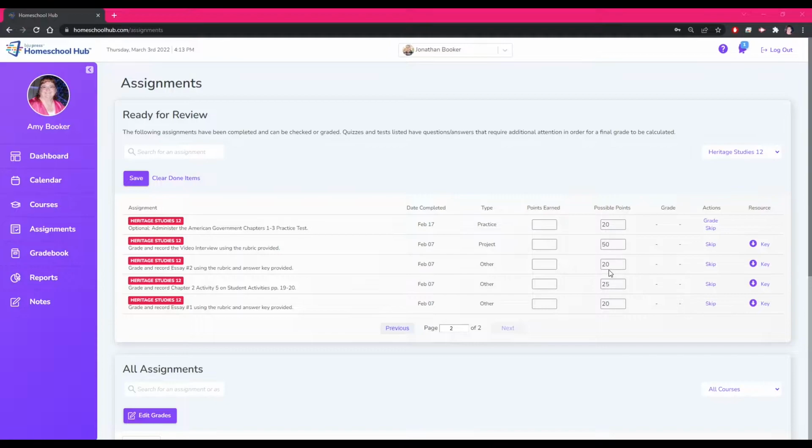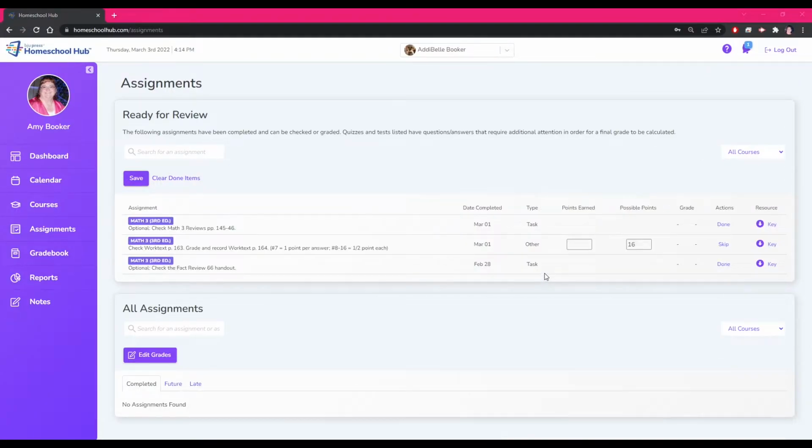Most items will have a box for points earned and possible points. If the type column says it's a task, it will not be a graded item and will have a Done link in the Actions column. Here we can see several tasks that the system is not asking for a grade. Each one has a Done link in the Actions column. We can click this link and that assignment will be cleared from the Ready for Review. On the top left is a link, Clear Done Items, which will clear all these types of assignments from your